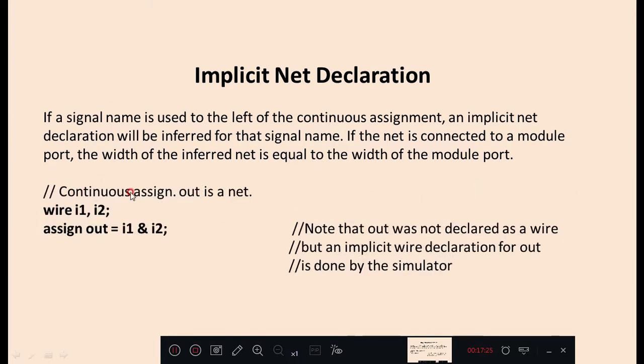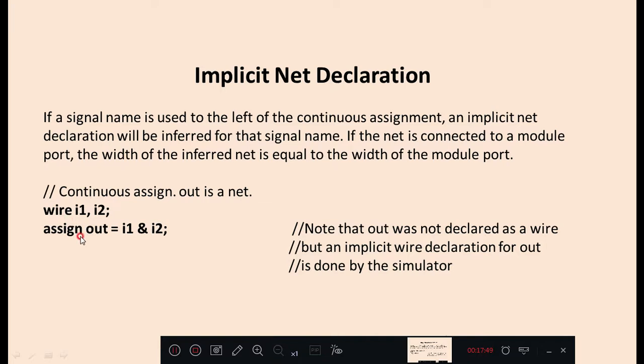Observe, wire I1, I2 you are defining, and assign out equal to I1 and I2. Note that out was not declared as a wire, but an implicit wire declaration for out is done by the simulator.